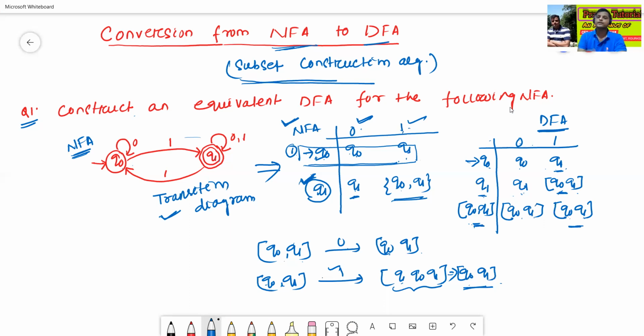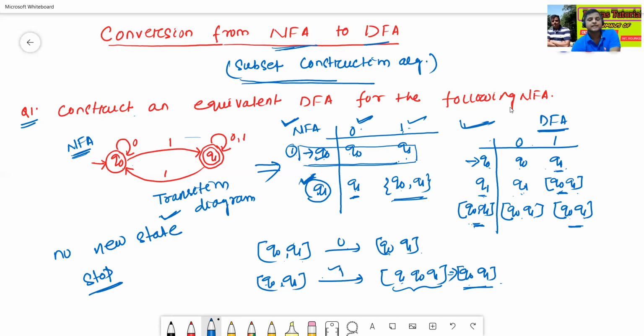So we stop here. If there is no new state, stop here. If there is some new state, then continue. Okay, this is my final DFA.